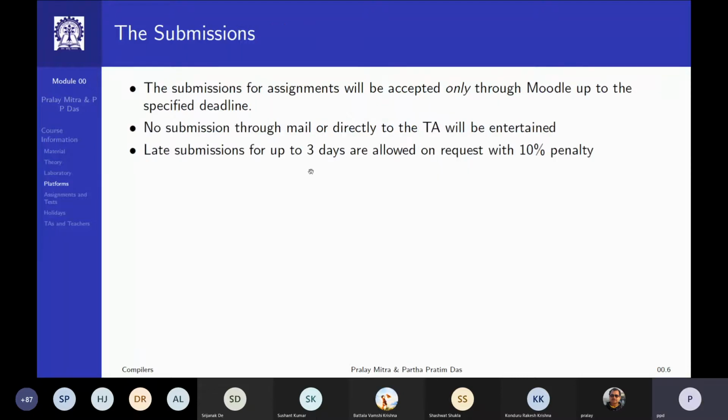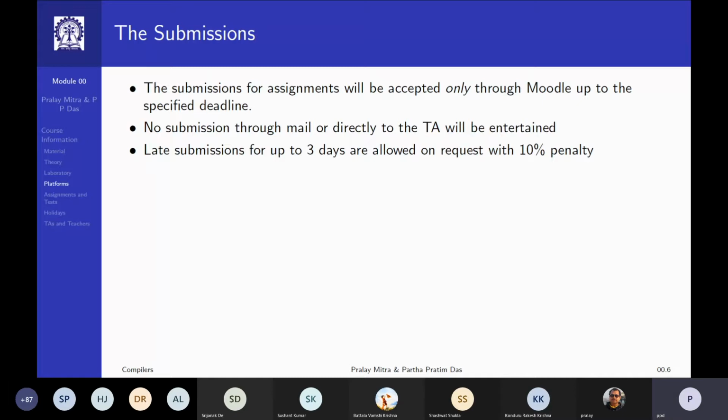The submissions for assignments, you know this from the software engineering course, the submission will be accepted only through Moodle up to the specified deadline. So please do not send a submission through mail to either of the instructors or to the TA. We will not be able to take that.